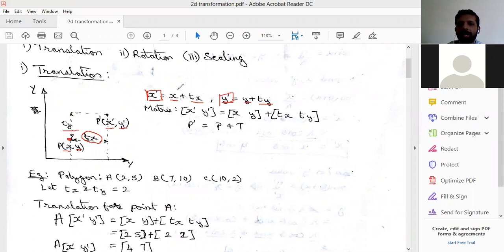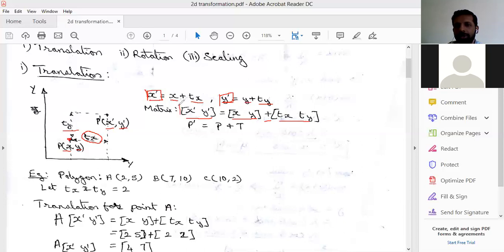So if we write the same thing in matrix form, x dash y dash is the final value. How do we get this? We get this from the initial coordinates x and y, plus the translation values in x direction and y direction. How much should this point move in x direction? How much should this point or object move in y direction? That is going to be the tx and ty value, where the summation of these two matrices will give the